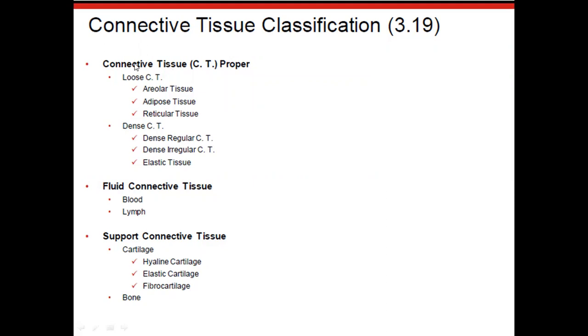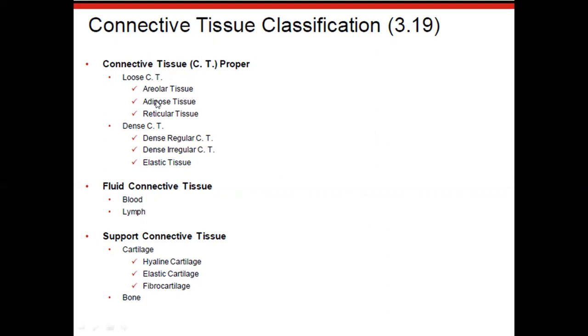So there is no tissue that we can point at and touch or identify and say that's connective tissue proper, but all of these tissues, areolar connective tissue, adipose, reticular, dense regular, dense irregular, and elastic, are considered connective tissue proper, one specific type of connective tissue. And that's broken down into loose connective tissue and dense. So again, you can't point to a slide or point to a figure and say that's loose connective tissue, but